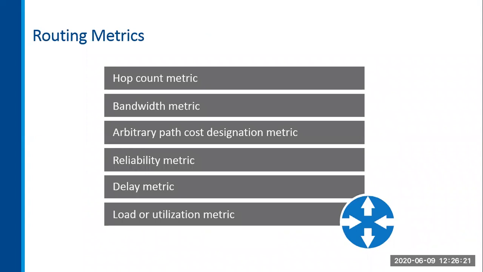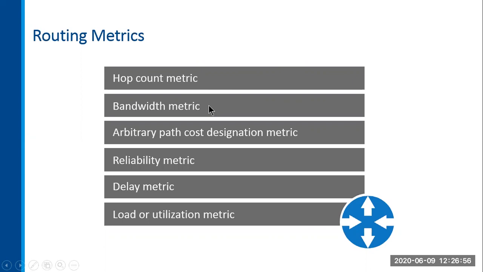Now, one of the criteria the router uses to figure out which is the best path is called a metric. Metric is nothing but a term used to describe basically a measurement, some kind of unit or measure of how easy or hard that destination is to reach. And so the idea here is that there are various different types of metrics. Hop count is the least sophisticated. It just says how many routers do I have to send the data across to get to that network, which is not very sophisticated.